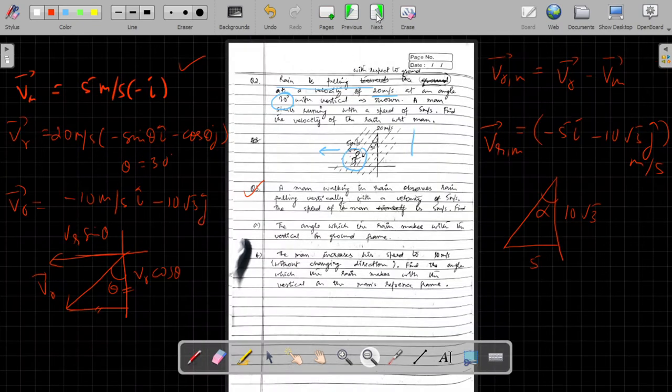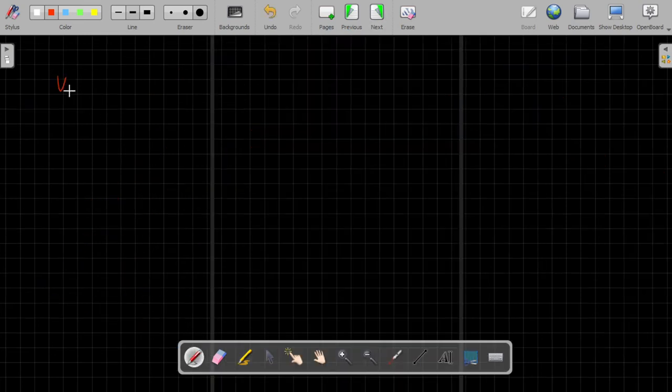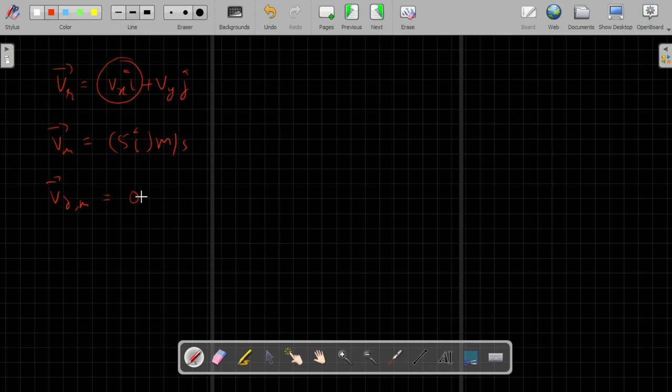So let us go to the next page. In this particular question, the velocity of rain is not known in x direction, and let's say it's also not known for now in y direction. The velocity of man is known to us, it is moving towards right, let's say with the speed of 5 meter per second, that is 5 i cap meters per second. Velocity of rain with respect to man is purely vertical, that means that Vx comes out to be 0. It is seeing no velocity in x direction, it is only purely vertical, and that velocity too is given to us, that is 5 meters per second, and this particular sign would be negative.